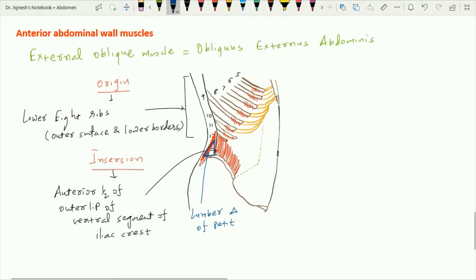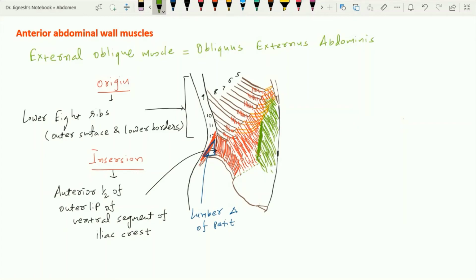The other fibers of the external oblique muscle pass downward, forward, and medially, and these fibers form a broad aponeurosis, which is italic F in shape, where the upper part of this aponeurosis is nearly horizontal. From the ninth costal cartilage, the aponeurosis passes downward, straight vertical, and the fibers of this aponeurosis also pass downward, forward, and medially.